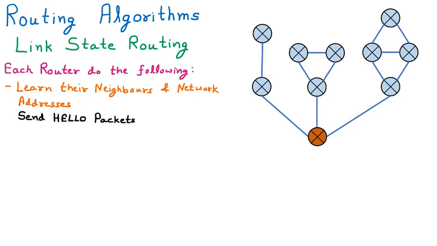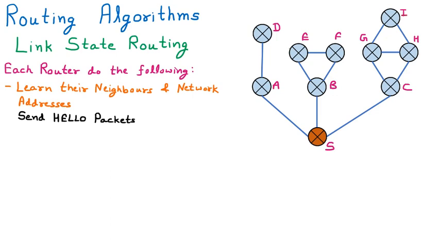So talking about the hello packet concept, first of all I am taking this diagram, and with this diagram we will understand everything. Let us suppose there are certain routers which are placed. I am giving them names. Let us suppose this is our start router, which I am calling S. There are other routers like A, B, C, then D, E, F, G, H and I. So these are the routers present in this particular network.